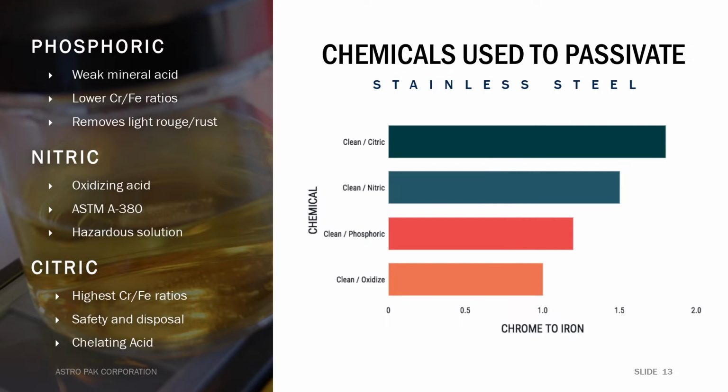For instance, cleaning and oxidizing only will give us somewhere in the range of 1 to 1.2 chrome to iron ratio. If we electropolish or if we passivate with phosphoric acid, we're in the range of 1.2 to 1.4 chrome to iron ratio. With nitric being the standard, it's approximately 1.5 chrome to iron ratio. The results that we get from citric are as high as 1.8 to 2.0. So you can see there's a distinct difference in each of these process types with the quality of the passive